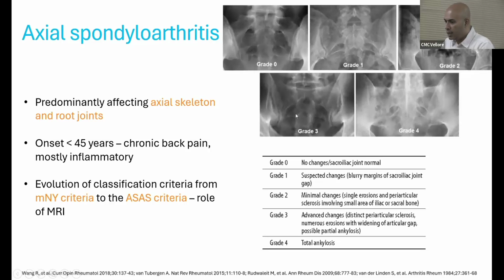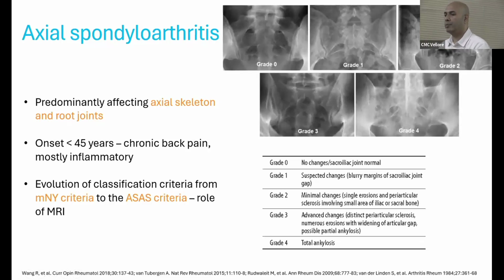But when you come to grade 3, we're talking about erosions, which actually lead on to widening of the space. So if you were to compare these two, so this is grade 2 and this is grade 3, we note that there is a widening of the sacroiliac joint itself, right? So that is because of the erosions of either at the sacral side or the iliac side. So that leads to a widening, and 4 is probably the easiest among the lot because we have an ankylosed joint. So that is where the earlier classification was, which is still important, especially when you talk about peripheral hospitals,